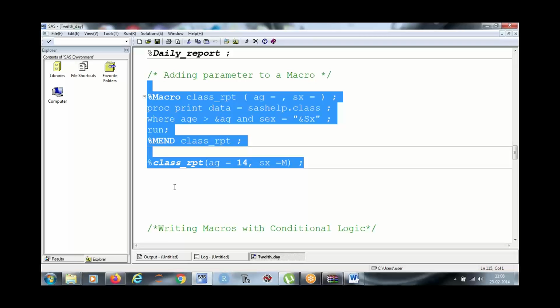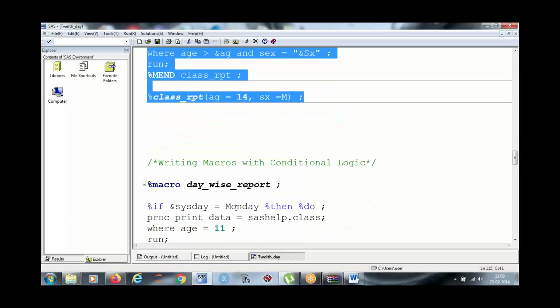If it is Tuesday, then it should print data for age group 12. If it is Wednesday, then it should print data for age group 14 and so on. How can we do that in SAS?